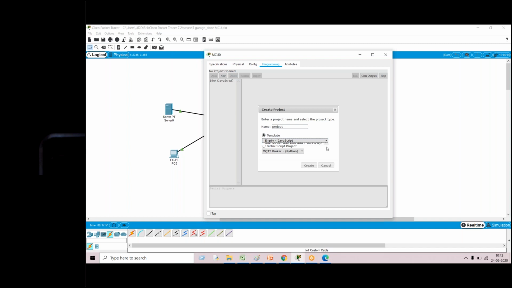I'm using Python script, so I'll just create it. Once the project is created, click on the main function and you write the program over here. So this is the process.